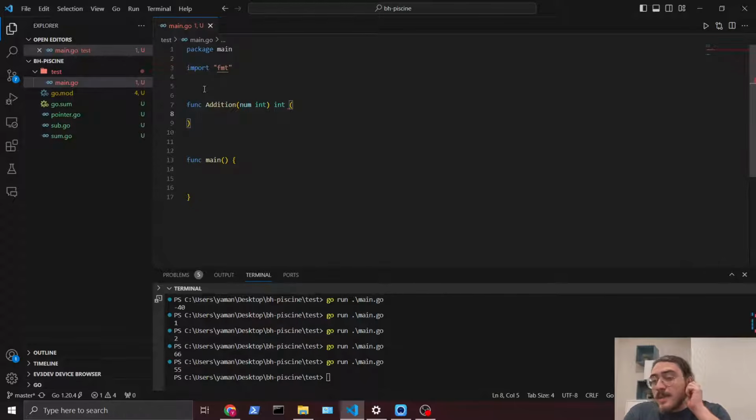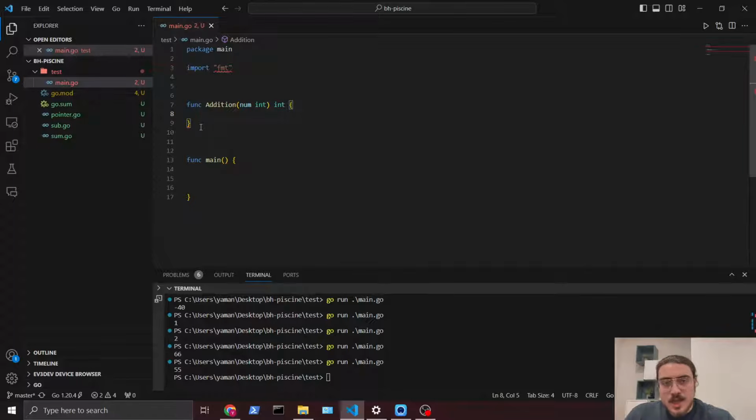Now what do we want to do? We want to take the number from the user. We're gonna take the number from the user and add all the numbers from 0 to that number. So if we enter 100, I have to add all the numbers from zero to 100. If we enter 1000, I have to add all the numbers from zero to 1000. Now I will ask you how can we do this? You might have a simple answer which is using for loops. And exactly that's how we do it.